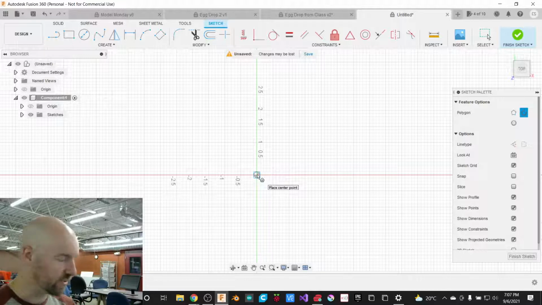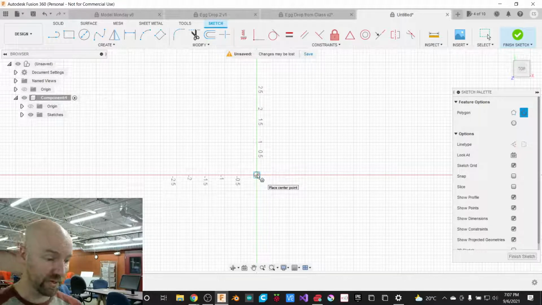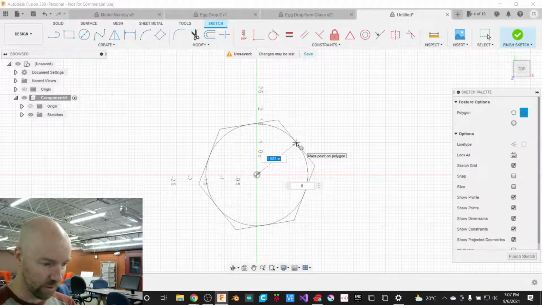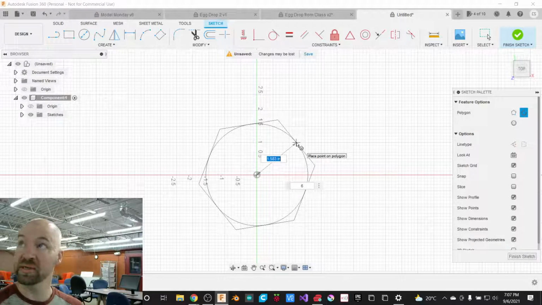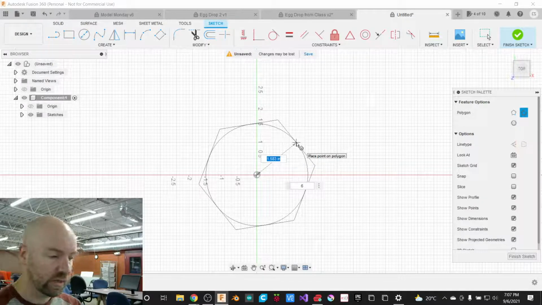And if you're ever using a tool for the first time, you could just kind of stop, and it'll tell you what to do with the tool. So here it says to place the center point. So I'm going to click one time to place the center point. And now I'll move my mouse out, and it tells me again, place a point on the polygon. But I can also see I've got a dimension measurement here, so I can enter a dimension of, say,